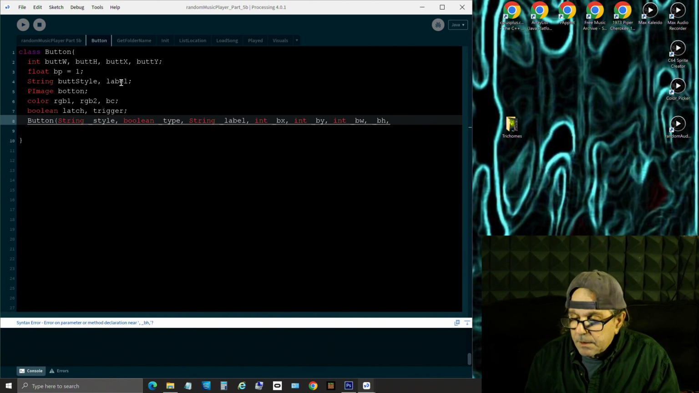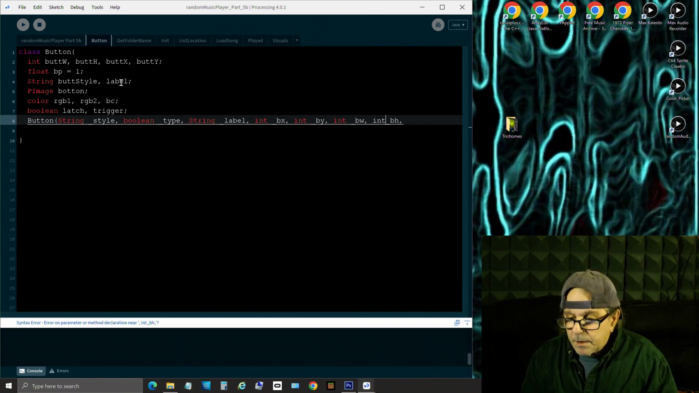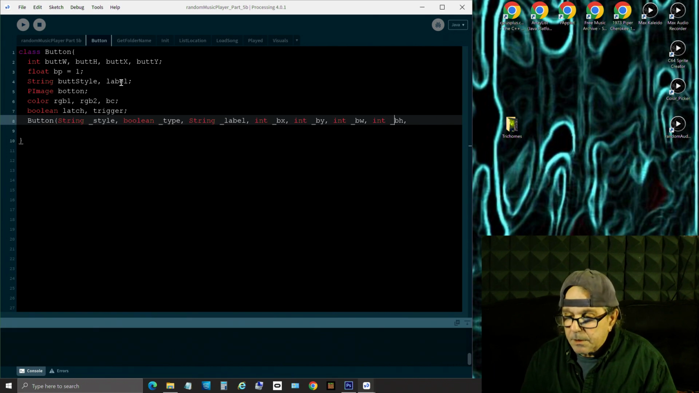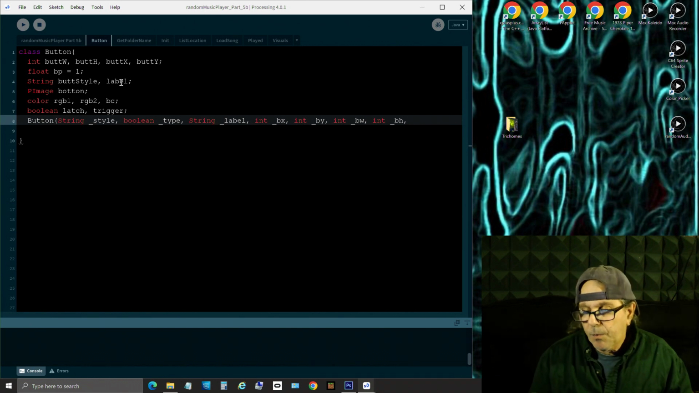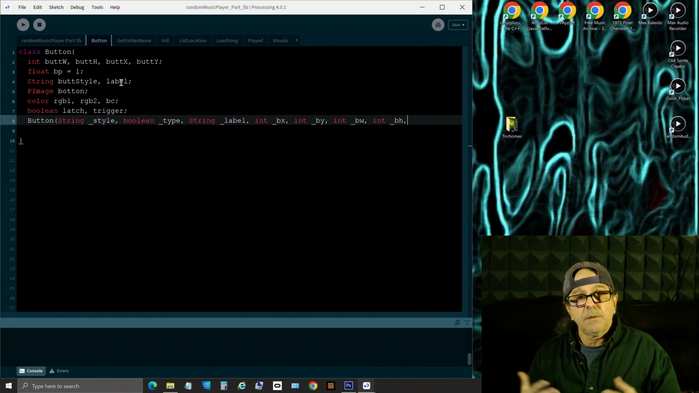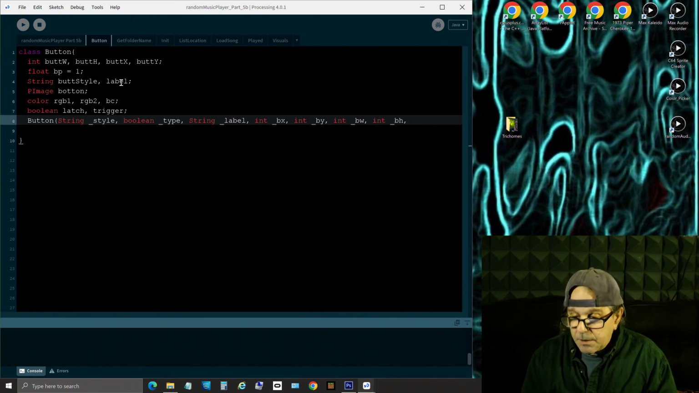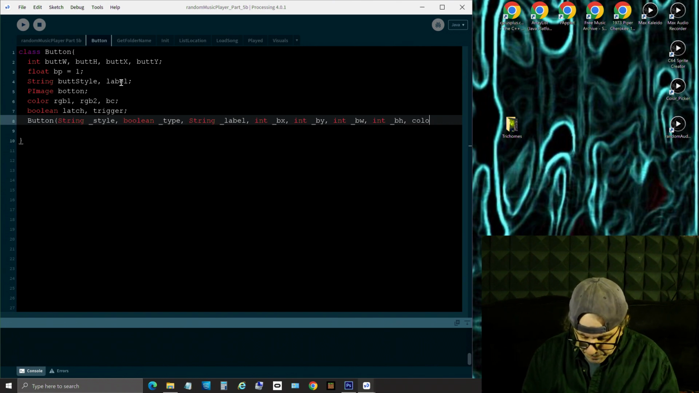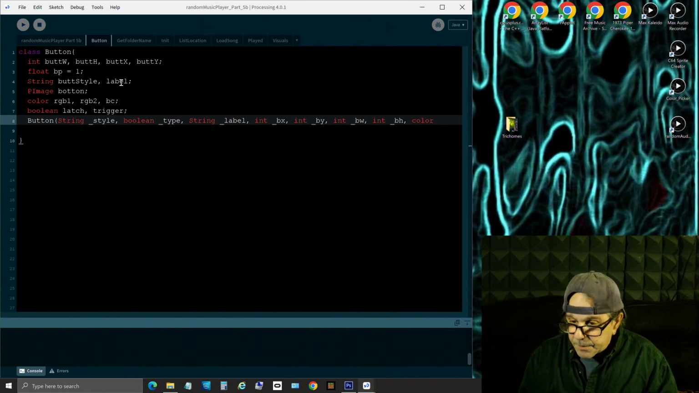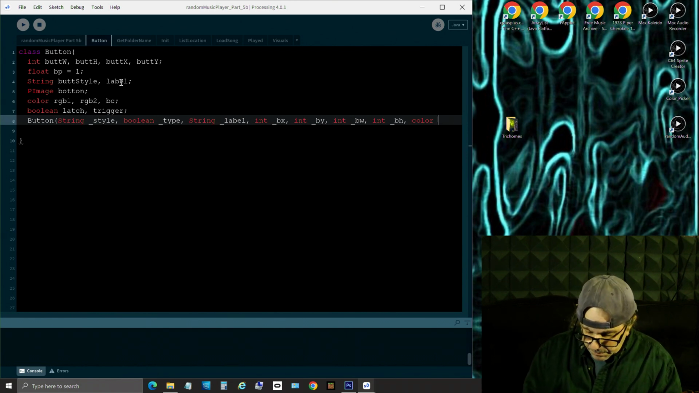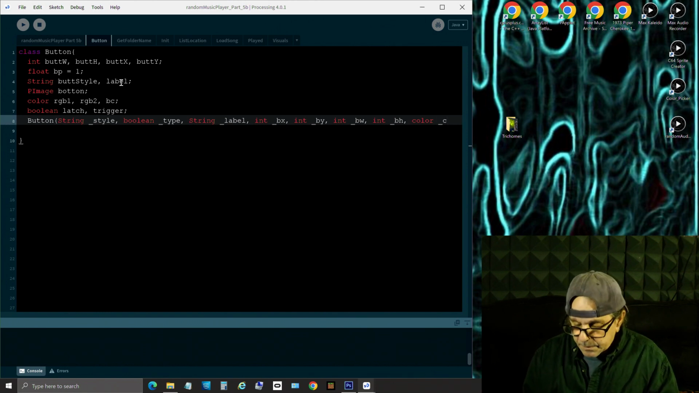And now we want, I didn't make it an integer. Excuse me, sorry about that. Okay, integer. And then we need the colors. We want to have the default color of the button, and then when the button is being pressed. And so we got to define this as color. And we're going to do underscore C for color 1,